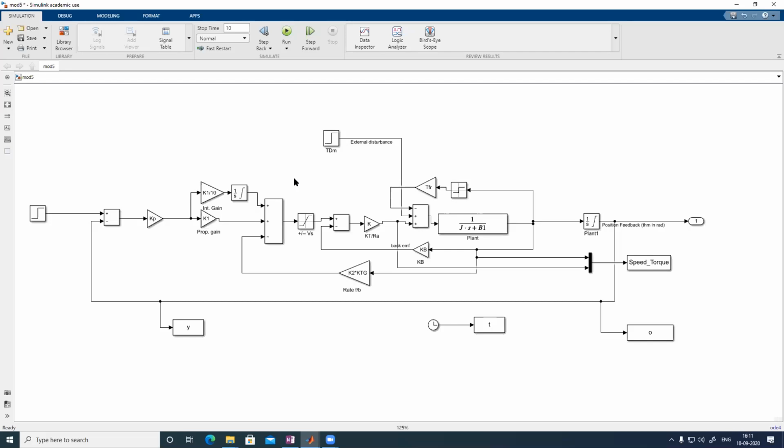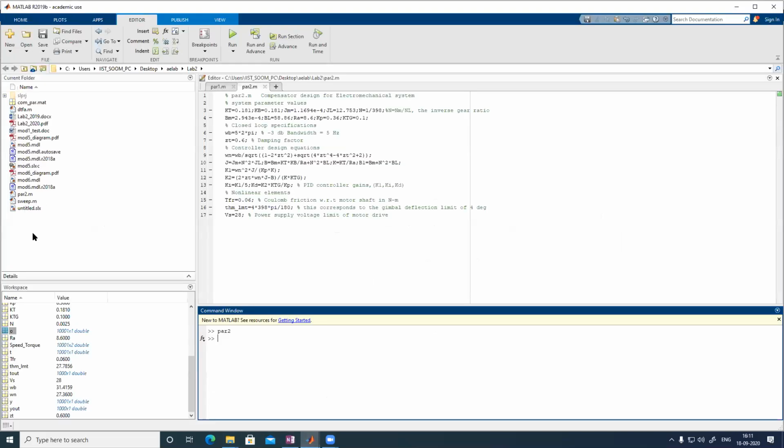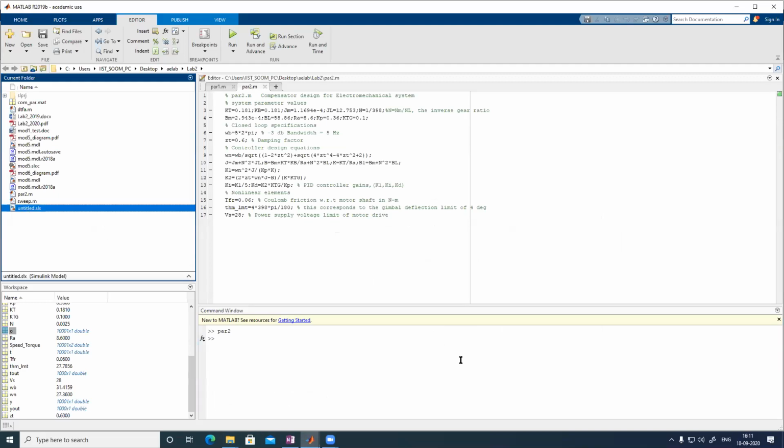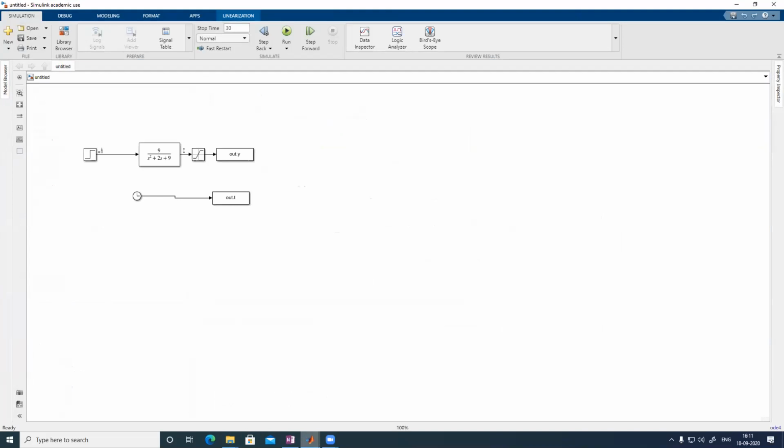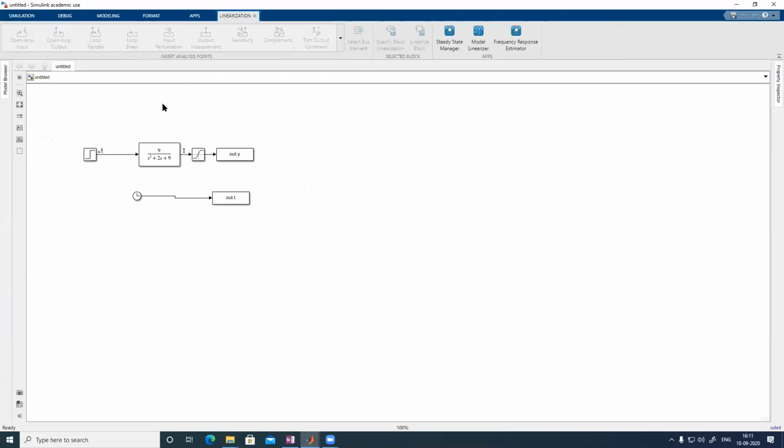Sir, will you show one simple plot, sir? I am getting weird answers. Will you show one, or some other plots? You plot, sir. From the T and Y in the workspace, I will plot T and Y. You will get something. This one you plot, sir. Yeah, this one I have to run.